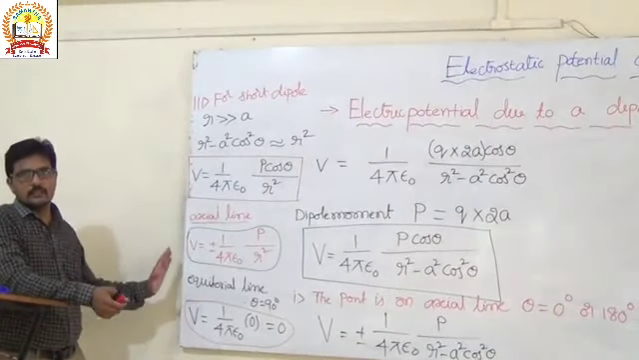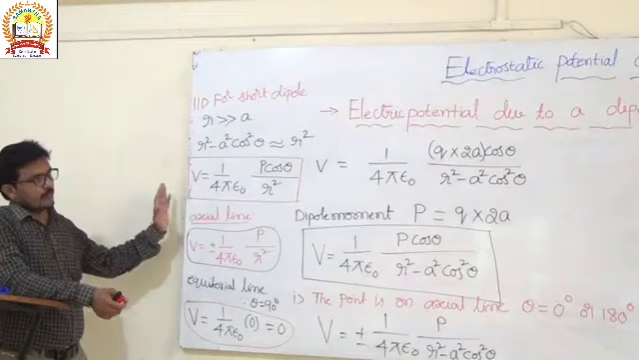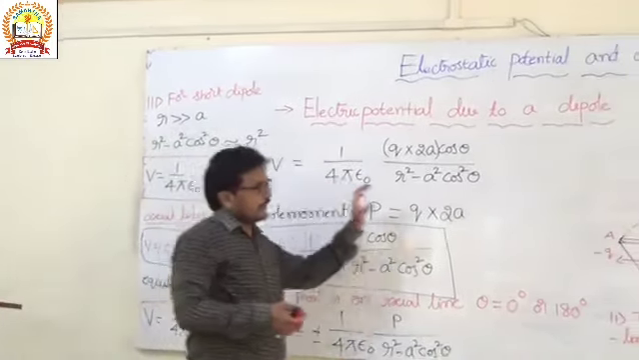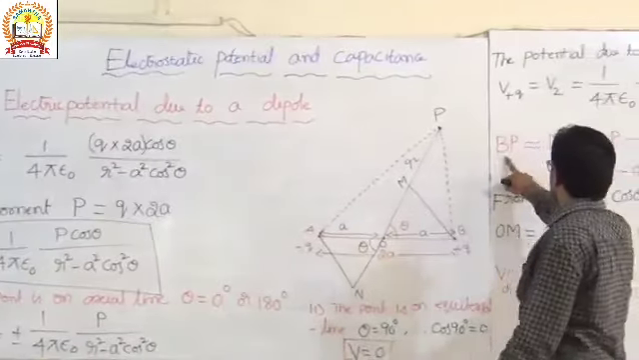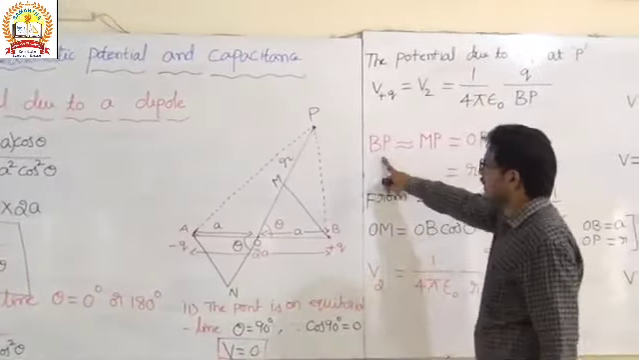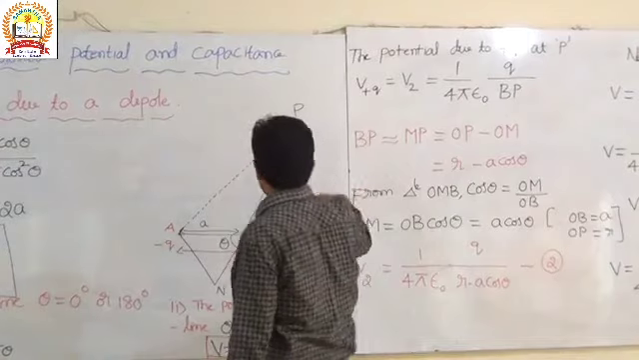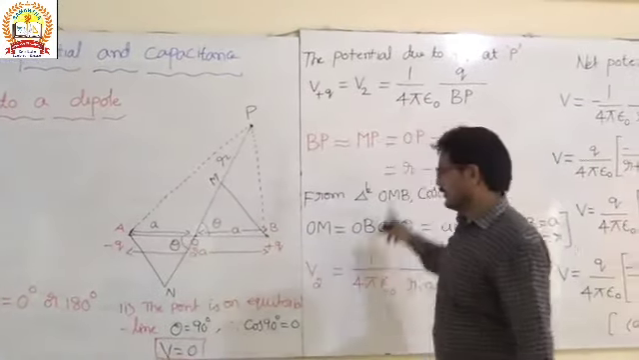Clear? Is it clear? Potential due to a dipole. And here, if you understand the diagram and these distances, how we write the distances BP and AP, if you know that, the remaining all